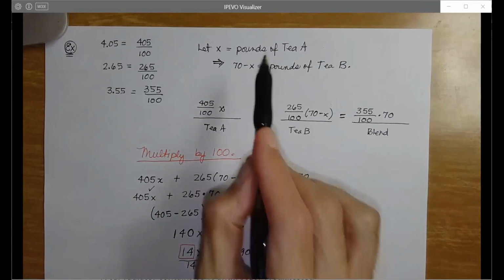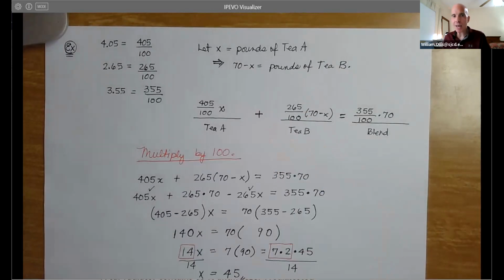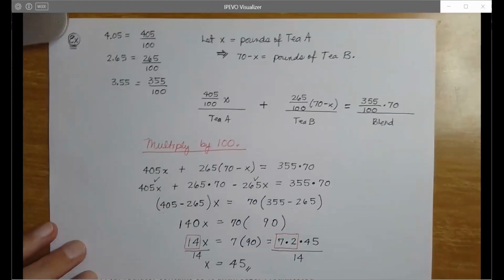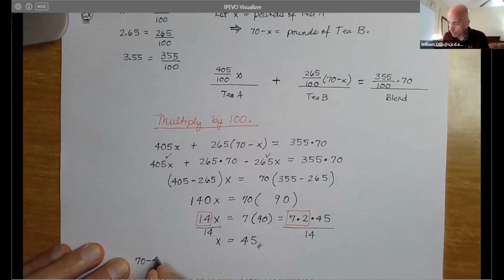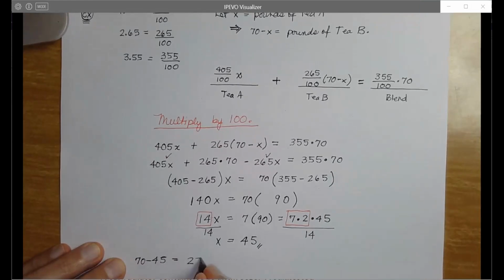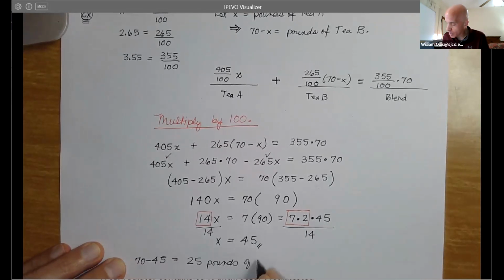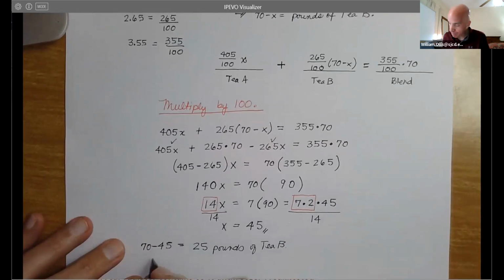Yeah, pounds of TA. Okay, and so Noah, I think you told me how many pounds of TB do we have? 70 minus 45. Good. So 70 minus 45, what does that equal? 25. Yeah. So 25 pounds of what? TB. And I'll go ahead and summarize. 45 pounds